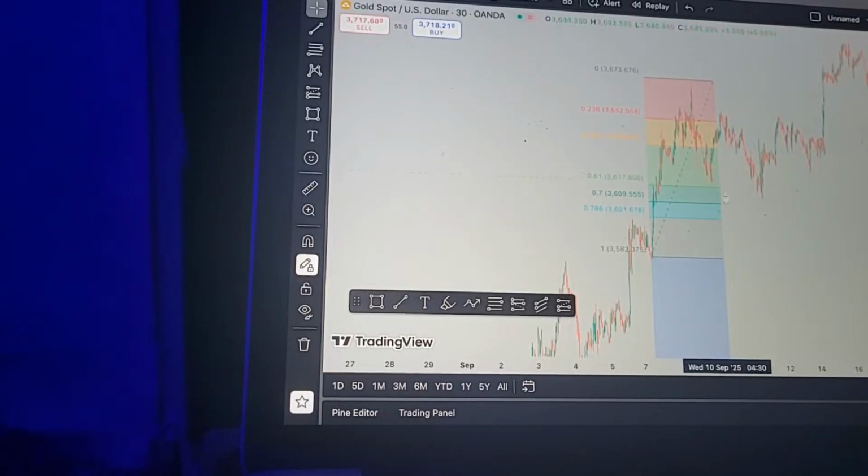Now, if you're going to put your stop loss, you can just put it a little bit below this line right here. That's where the stop loss would be, and then you wait for price to break for your first TP. You wait for price to break this high at the top right here. Once price breaks this high, that will be your first TP.